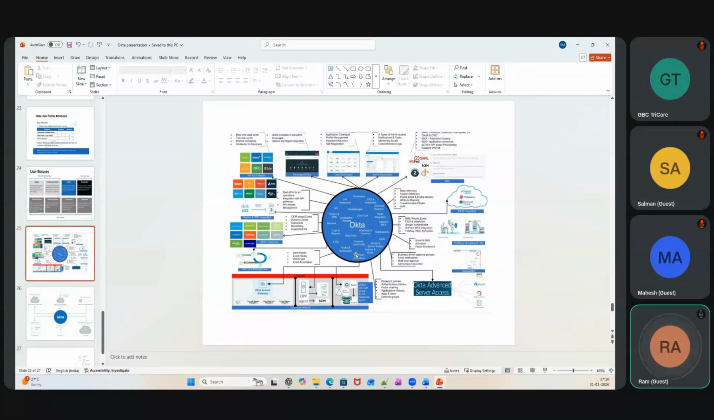See, Okta is a no-code tool. We specifically do not need to write any code for using Okta. As I said, it's just a URL. Using the URL, we can log into Okta and make all these changes. And one more important thing is